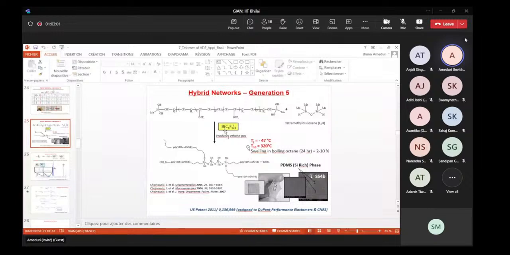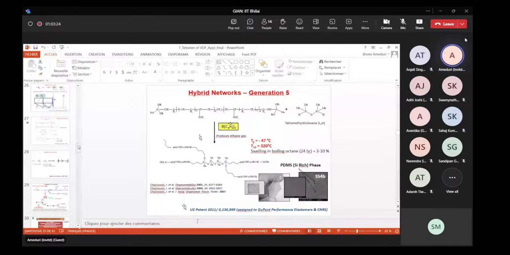And the swelling in boiling octane for 24 hours was ranging between 2 and 10%. So thanks to these characteristics, we were very satisfied, and also the DuPont company was satisfied, and deposited a patent in this way. So this is very interesting, and of course I can speak for hours regarding telomerization of VDF, but also we